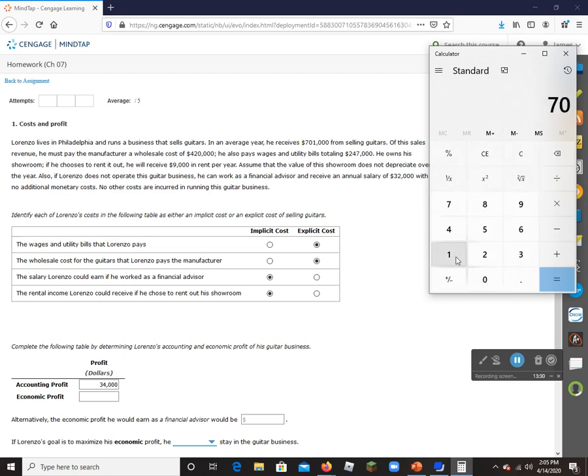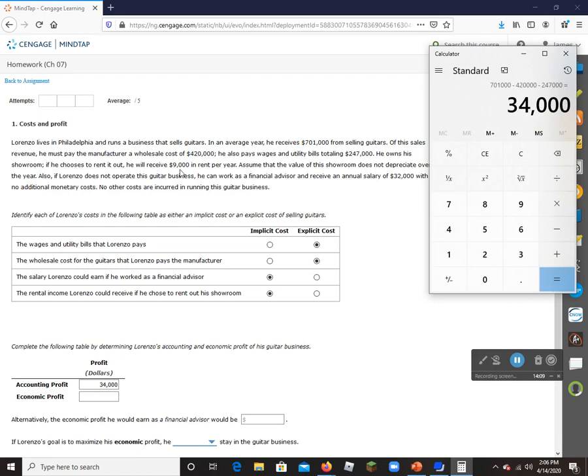So we're going to do this again. Here's an economist looking at it. There's the $701,000 in revenue you made from selling the guitars. We're going to subtract out the explicit costs, that's these two here. The $420,000 you have to write a check for every year to pay for the guitars. The $247,000 checks you have to write to pay wages and your utility bills. So there's your $34,000 accounting profit,